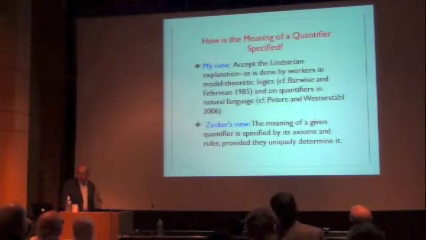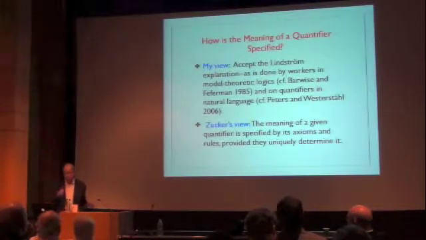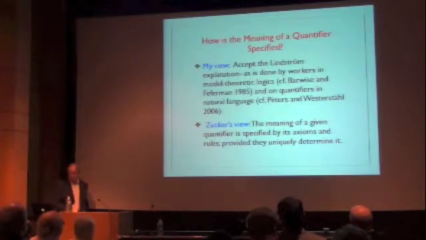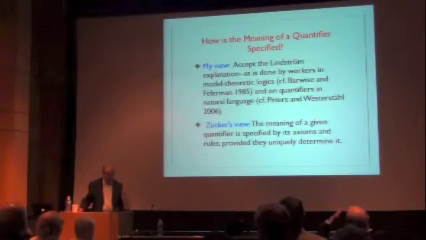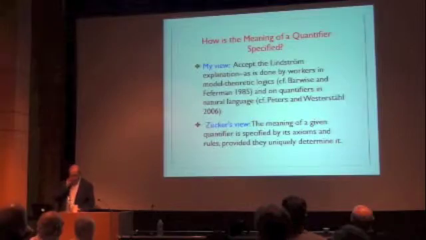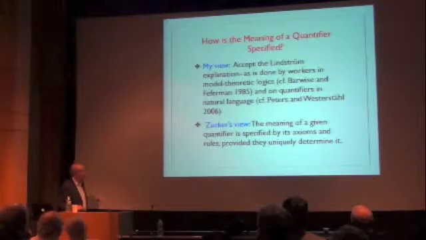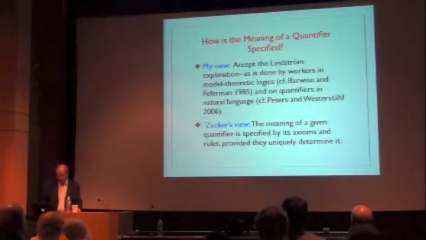So my own view of how the meaning of a quantifier is to be specified is we simply accept that given by Lindström, and that's quite common, done in model theoretic logics and quantifiers in natural language in the excellent book by Stan Peters and Dag Westerståhl. Whereas Zucker thought that the meaning of a quantifier is specified by its axioms and rules, provided they uniquely determine it. An even weaker condition had been proposed by